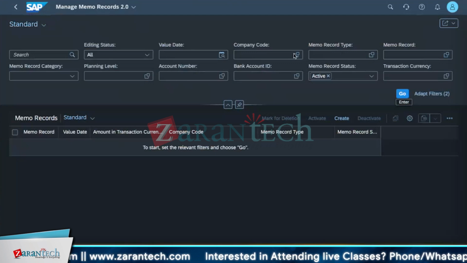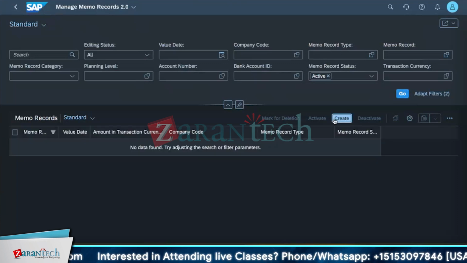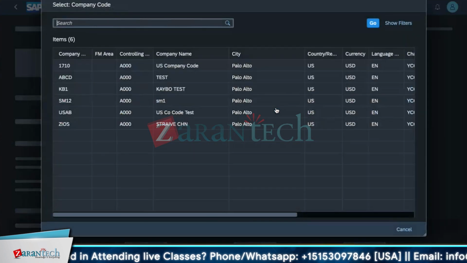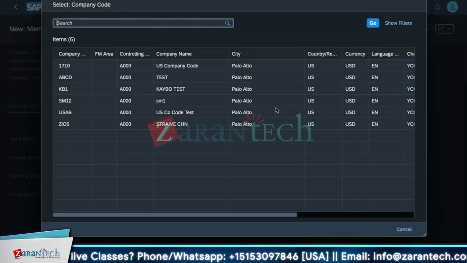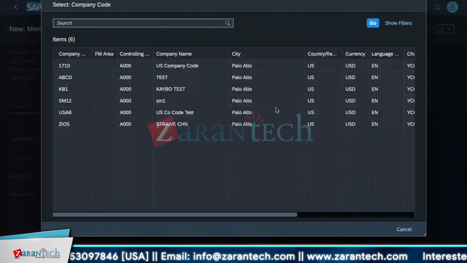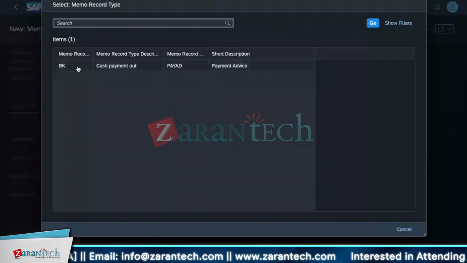So if I simply go, I'm creating one. There are new things here. So earlier when I created a manage memo record, I had not assigned any memo record type. Now, what is the purpose of this cash flow? I told you memo records, whatever you have done in monitoring, all of those you can analyze in the cash flow, is what I said as a statement to you, right? As per SAP, now I'm demonstrating the same to you. Now when you go to the company code and attach a memo type there,